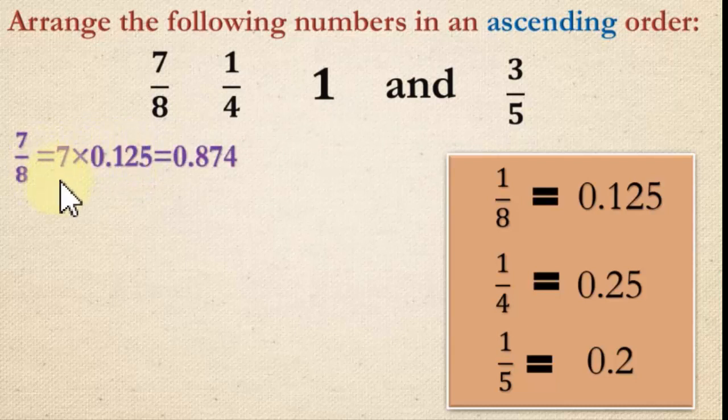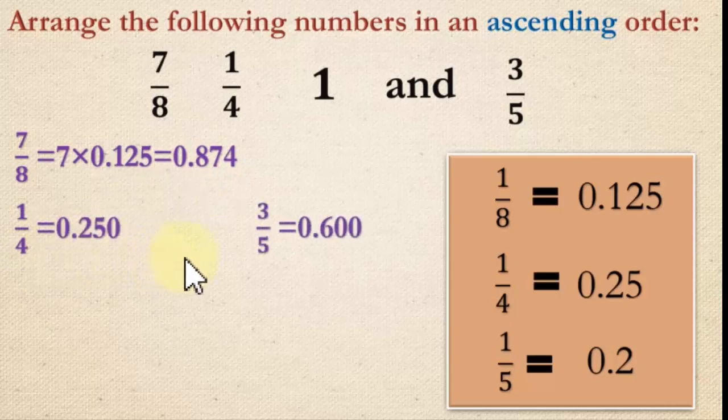7 over 8 equals 7 times 0.125 equals 0.874. 1 over 4 equals 0.250. 3 over 5 equals